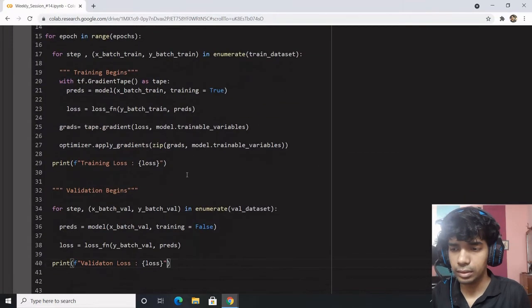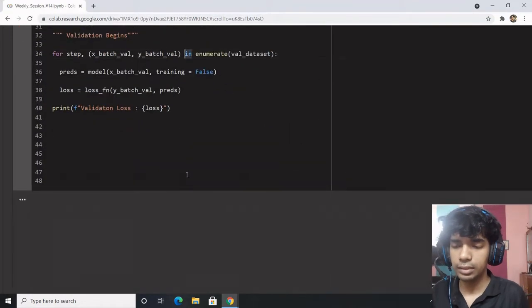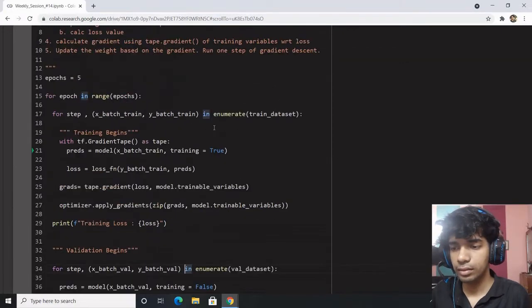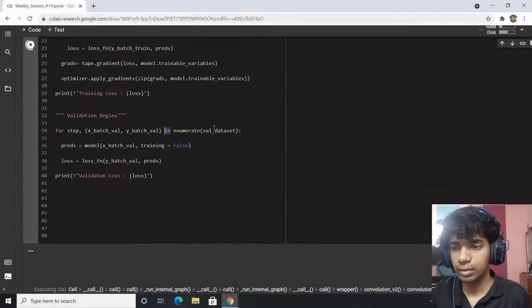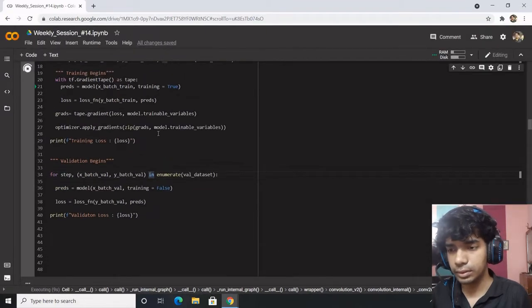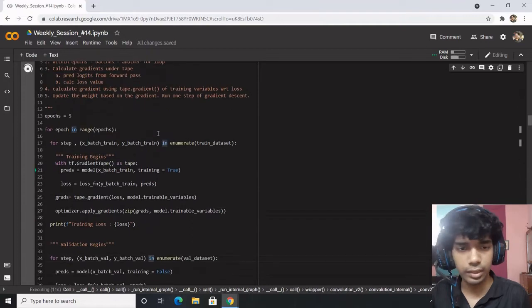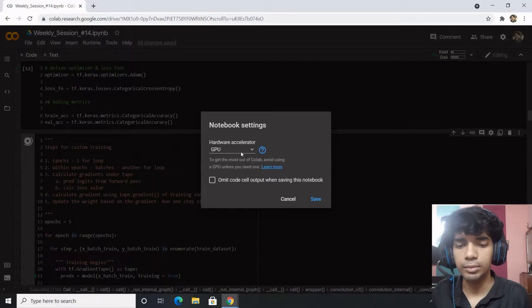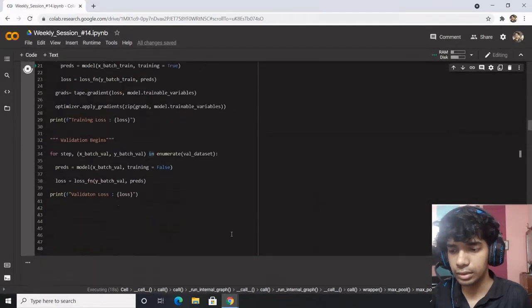Now, let's start. I think we won't be able to reach this because the dataset is huge. So what I can do is shift this to GPU mode. Okay, this is in GPU mode.